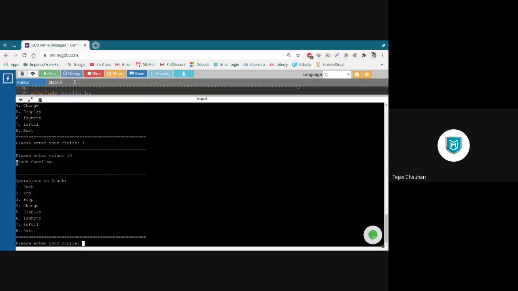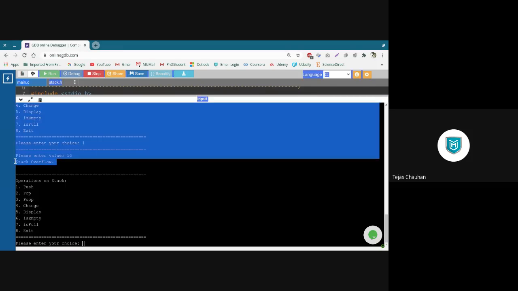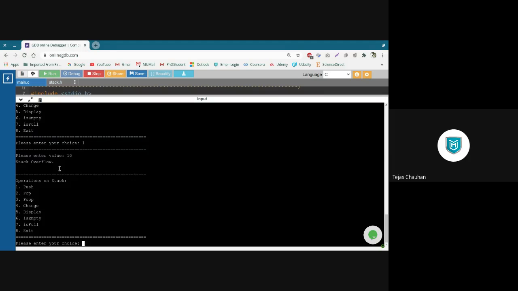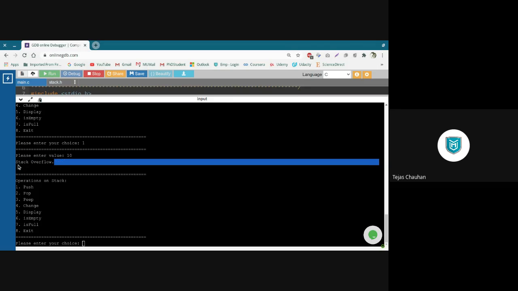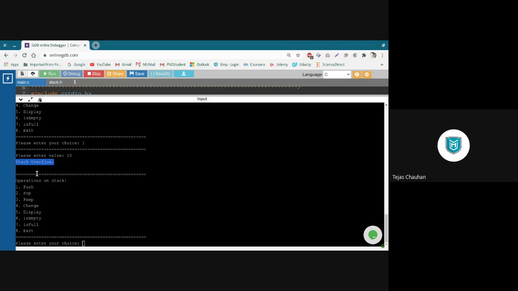So when I insert that value 10, it gives me an overflow message, because 5 to 9, total 5 values I have already inserted. And when I go for the 6th insert operation, push operation, it gives me a message Stack Overflow.